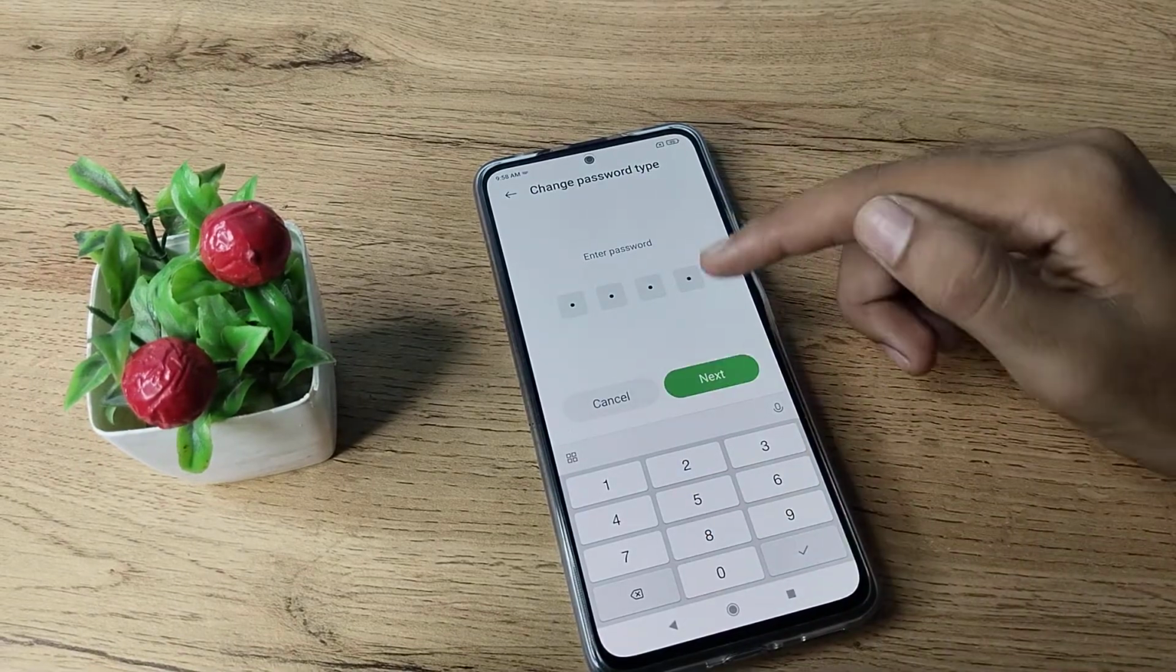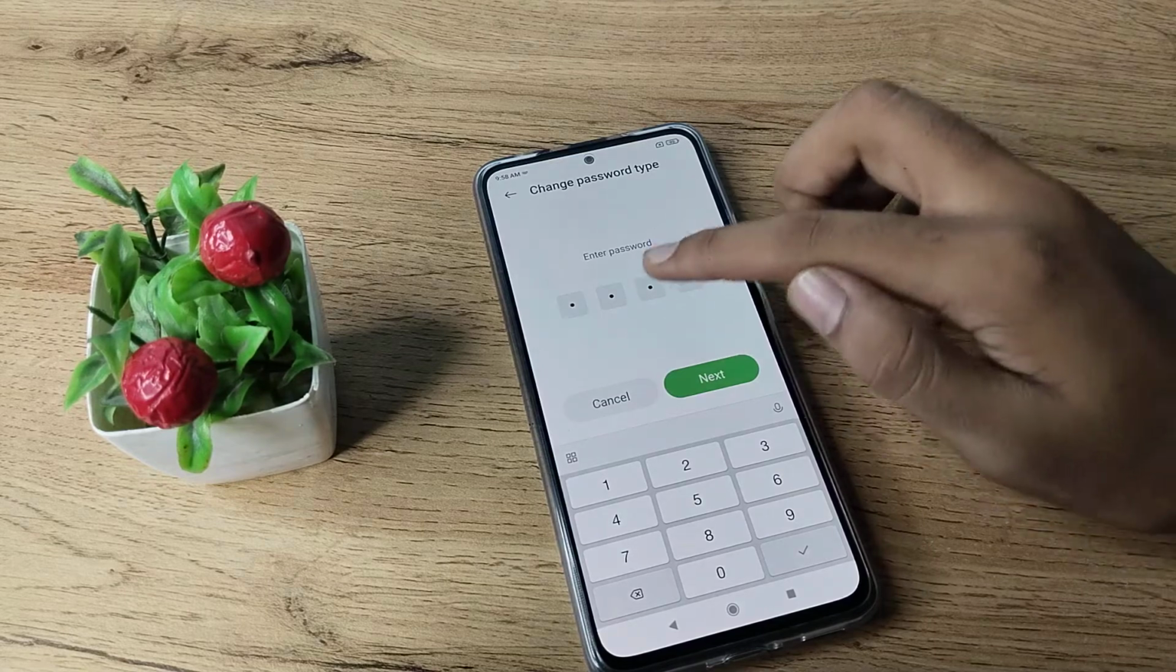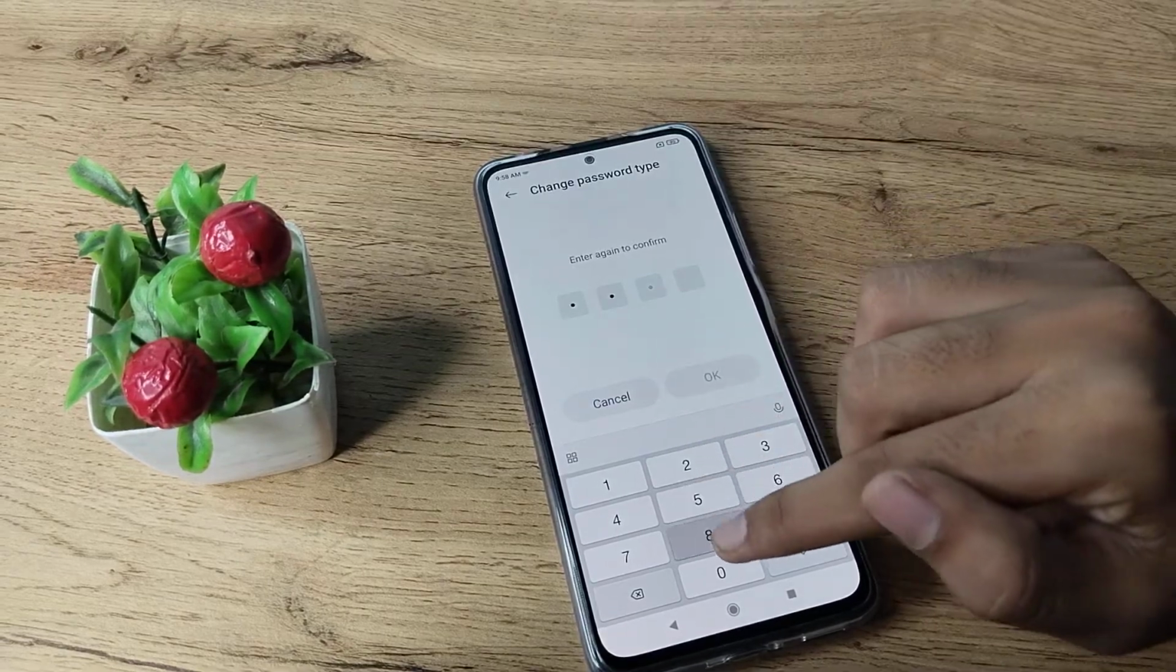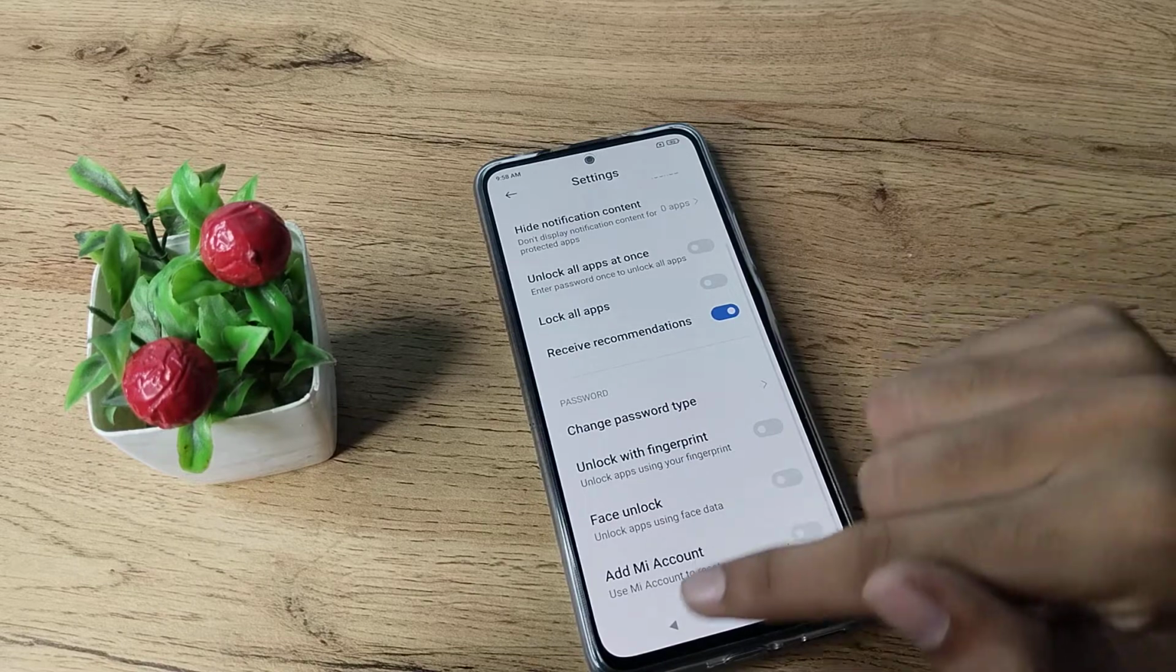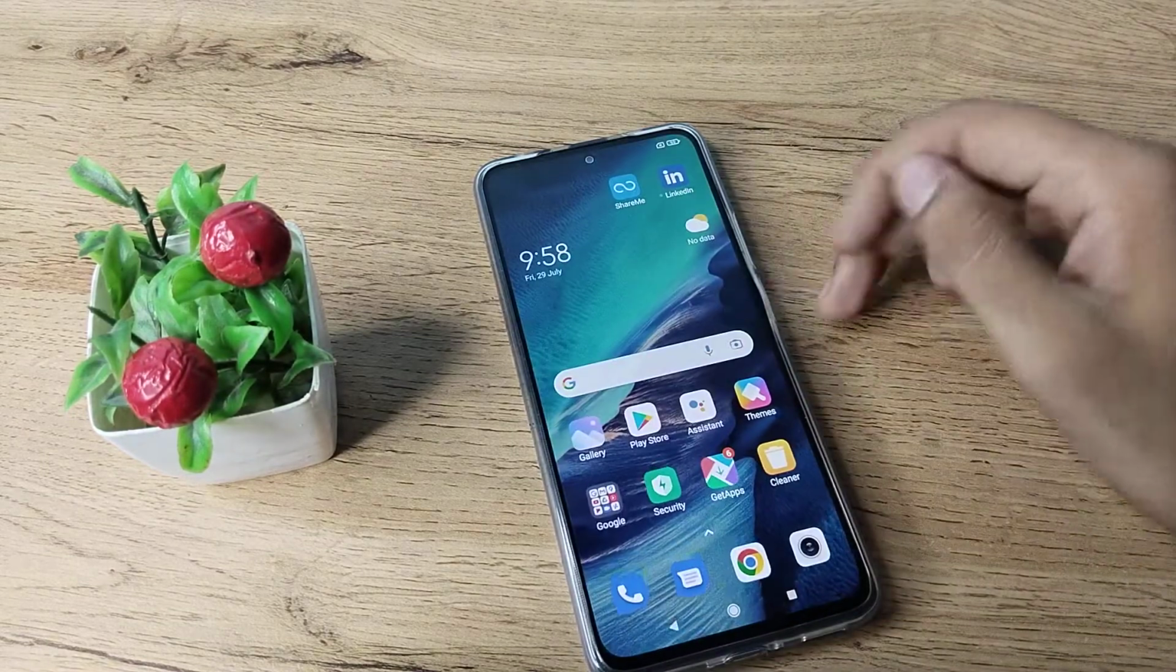And don't make any mistake here. You can see there is no option to check our PIN, so don't make any mistake here. Be careful, then come back. Now you can see